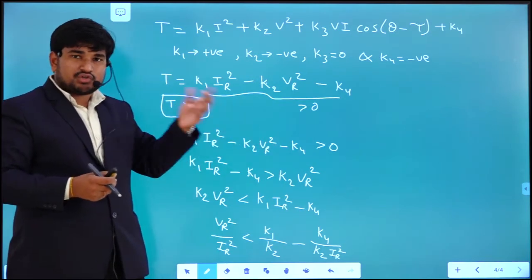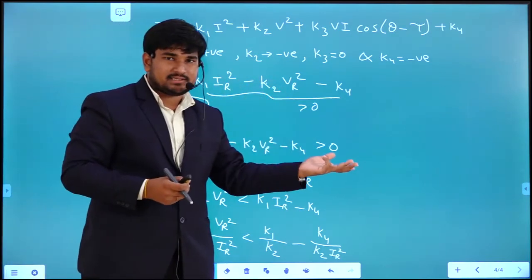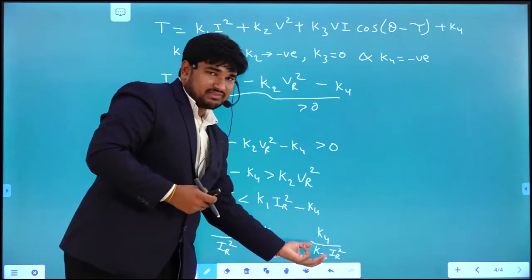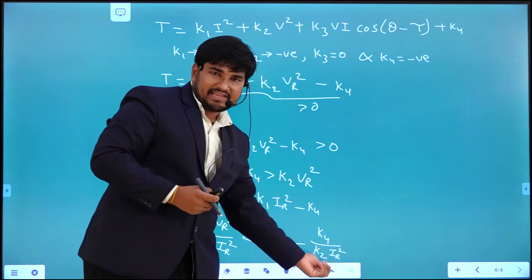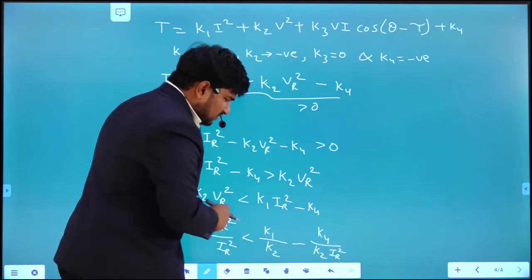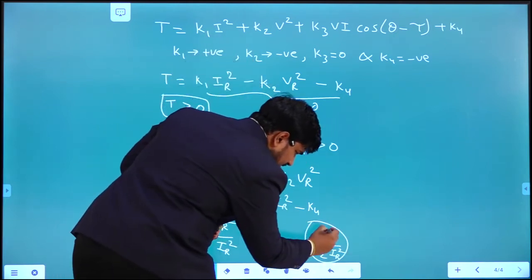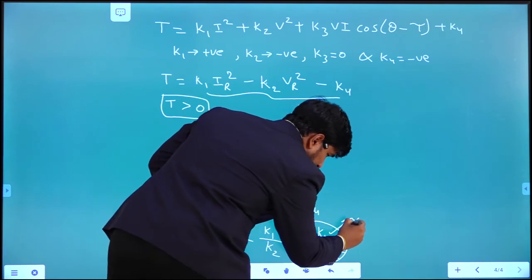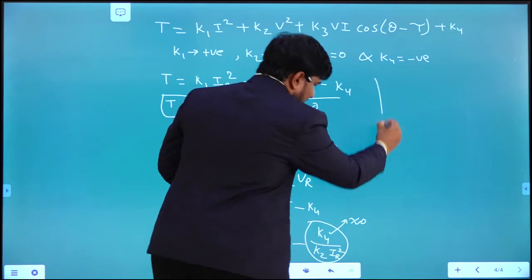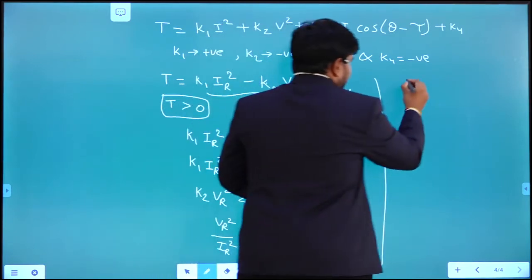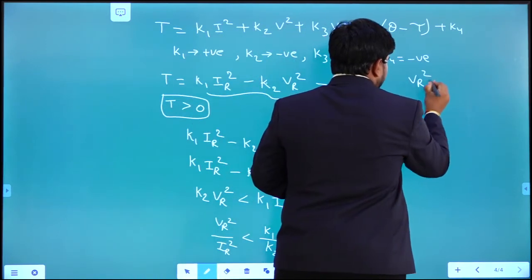For such fault currents, the spring constant term will be negligible, as we have higher amounts of fault current. So that's why I'm neglecting this K4 term. So the modified expression will be VR square divided by